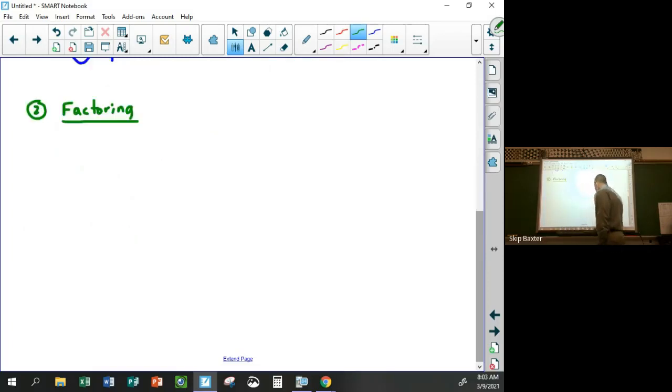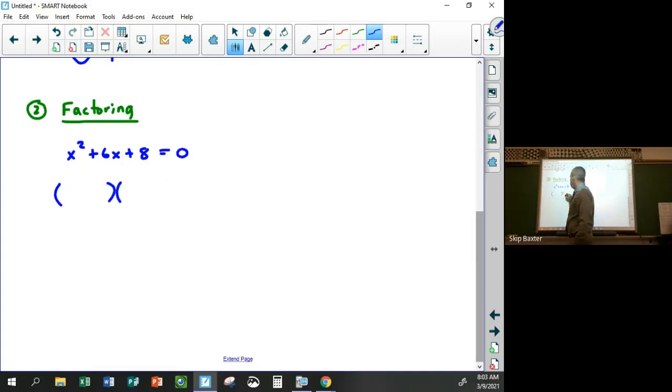I know you did this last year. So if you have something like x squared plus 6x plus 8 equals 0, remember the steps to solve this by factoring are, first put it in standard form, which this is. Standard form is just everything on one side, like terms combined, 0 on the right, right? And then you factor. So if you remember how that works, you break it up into two binomials